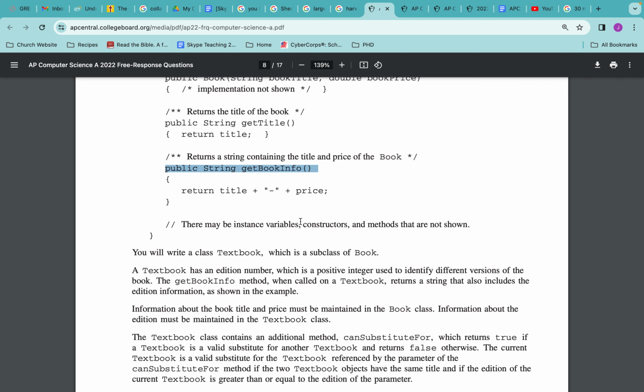Okay, and you will write a class Textbook, which is a subclass of Book. So that already is a flag to me that I'm going to have to write that keyword extends, because a textbook is a specific type of book. Okay, a textbook has an edition number. Boom, that tells me another instance variable, which is a positive integer, used to identify different versions of the book. The getBookInfo method, when called on a Textbook, returns a string that also includes the edition information as shown